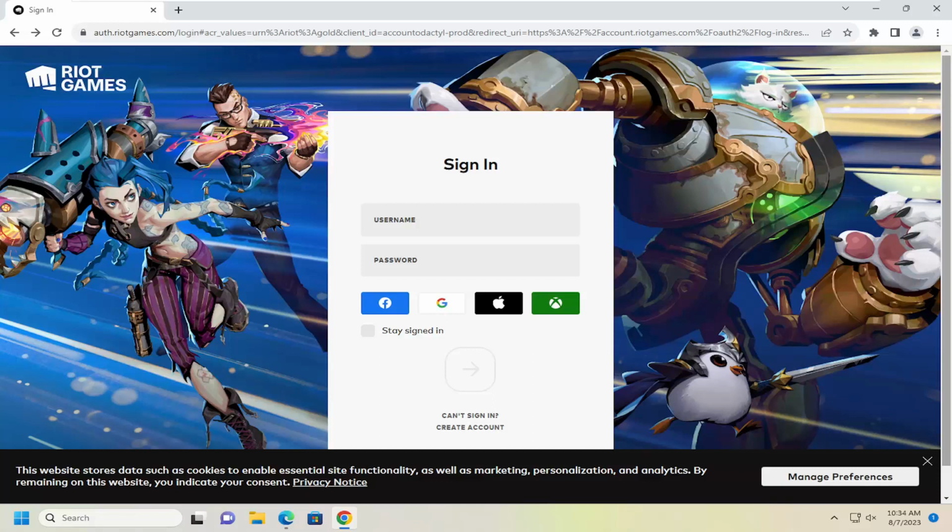In today's tutorial, I'm going to show you guys how to recover your Valorant account if you're unable to sign in or perhaps you forgot your username or password. So this should hopefully be a pretty straightforward process here, guys, and without further ado, let's go ahead and jump right into it. So all you have to do is just navigate over to riotgames.com, and then if you attempt